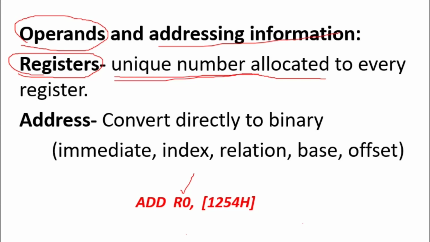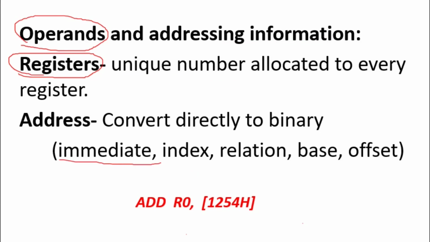Then another possible addressing mode is the immediate addressing mode, where again we directly mention the value needed by the instruction in the instruction itself. So we do not store it in a register or make any memory references, and the value has been mentioned directly. In that case, we have to store which immediate value is given in the instruction. That entire immediate value has to be stored in the encoded instruction.